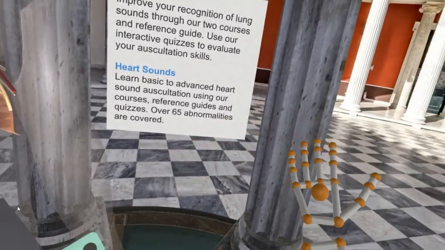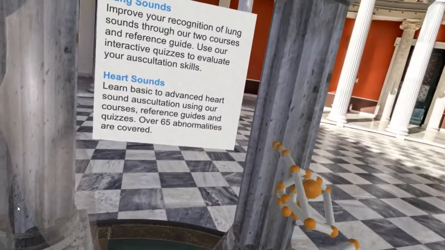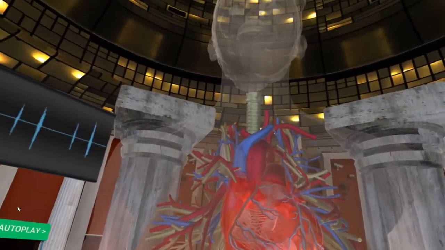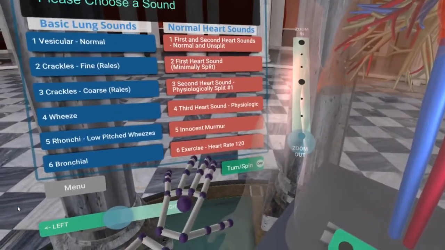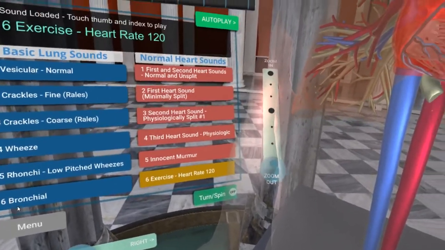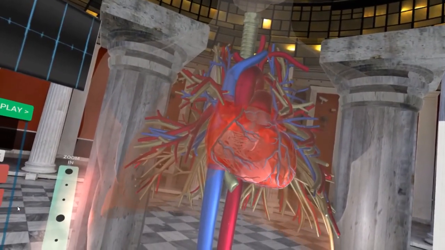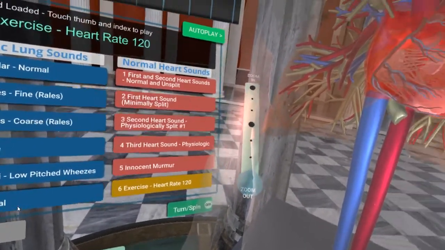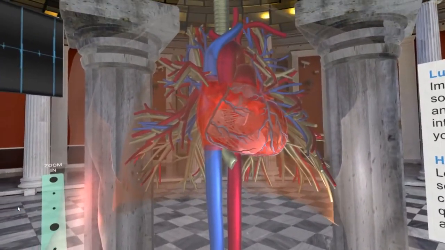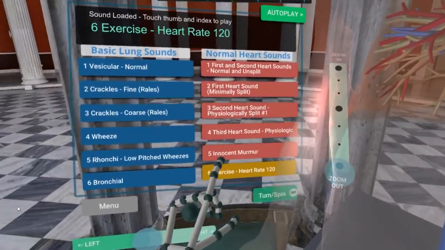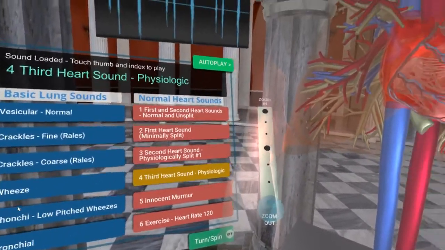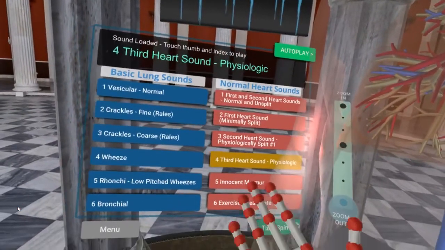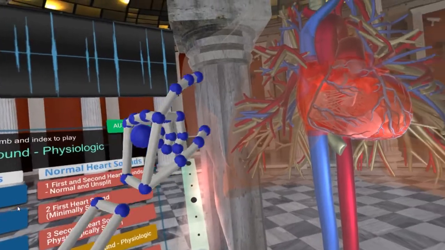We could add another menu item for respiratory and heart rate if you thought the user might want to adjust it, but if you see, there's the rate for the heart at 120, and then changes for each unit. So once the sound is selected, it is played with a simple pinch,